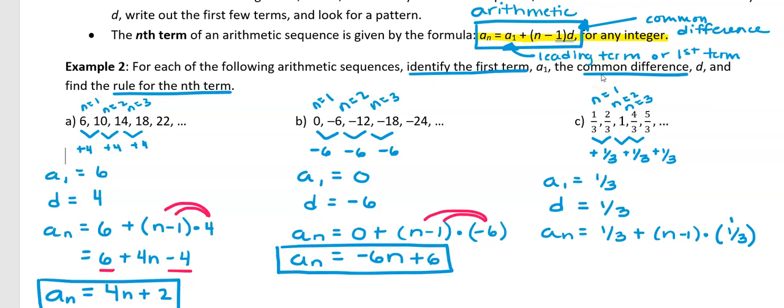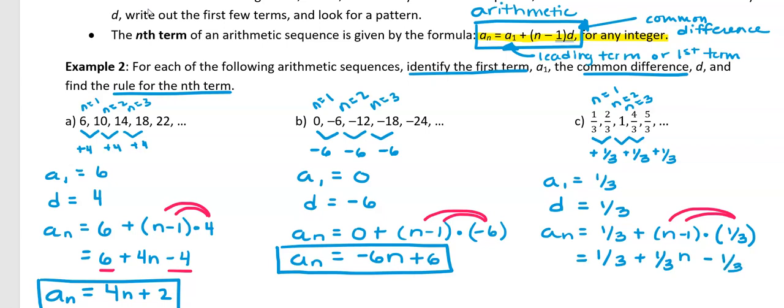Then what we're going to do is take that 1/3 and distribute it through. And so we would end up with a positive 1/3 plus 1/3 n